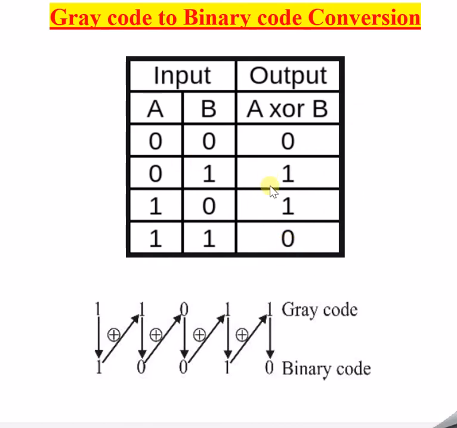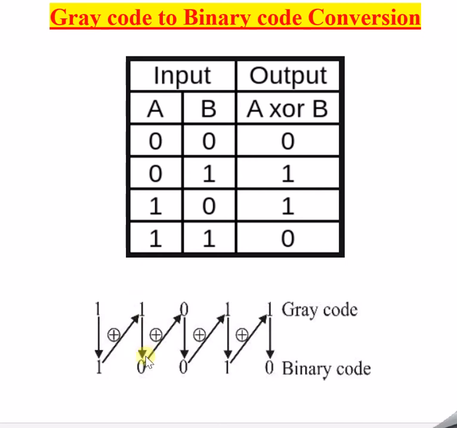Let us quickly start with the session with the help of a trick. Once the gray code is given to you, how do you convert it into binary code? There are two ways you can do it. One is a table: you write the entire gray code on the left side and binary on the other side, then look at the equivalent of the code. That will consume a lot of time. One more method is the realization of this gray code, which will also take a lot of time. So in order to convert it quickly, please try to understand this trick. This is one method to convert gray code to binary in a much less time consuming way.